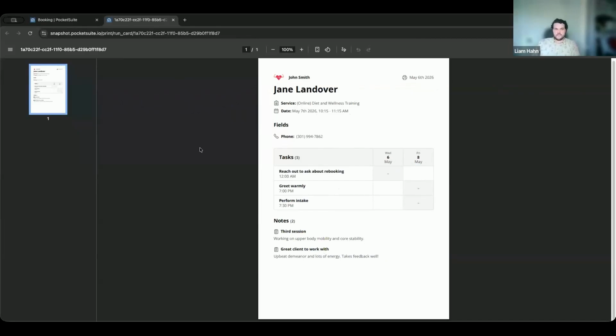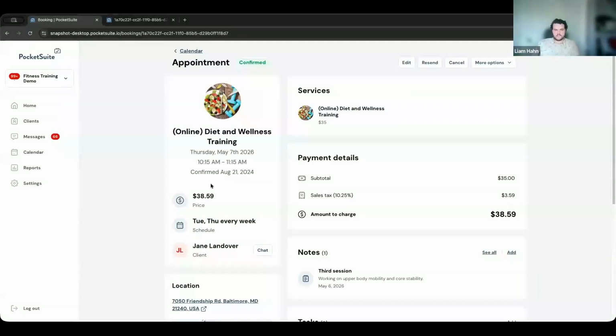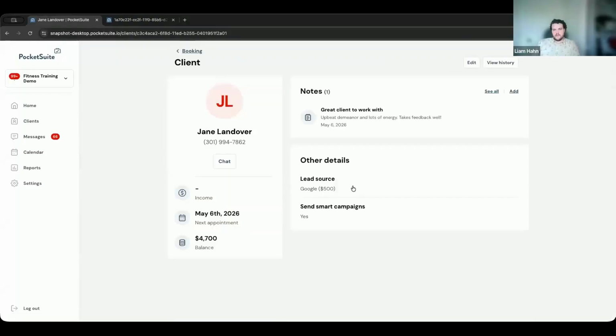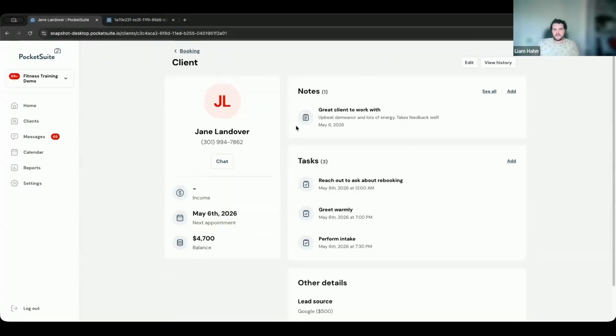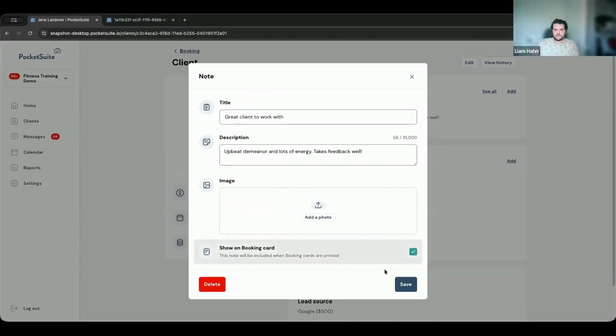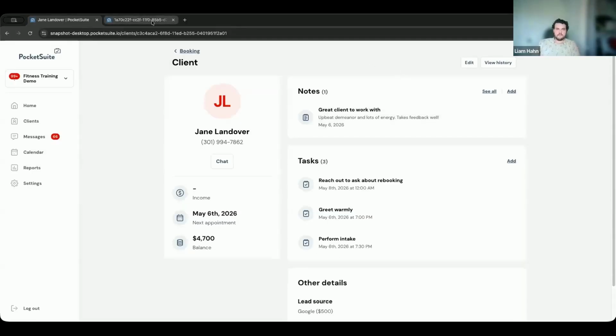There's also two notes here, and that's kind of the last thing I want to show on here. Notes on a client record itself will default to show on booking card off. There may be notes that you want to keep internal and you wouldn't want just lying around on a piece of paper that your client could see. If that's the case, this will be defaulted off. If you do want to show it on a booking card, you just turn it on, hit save,